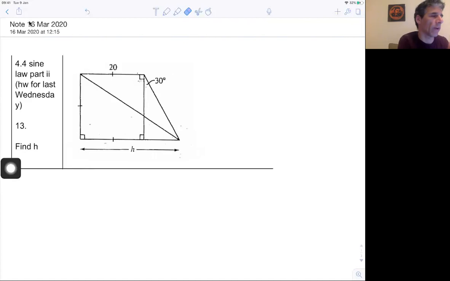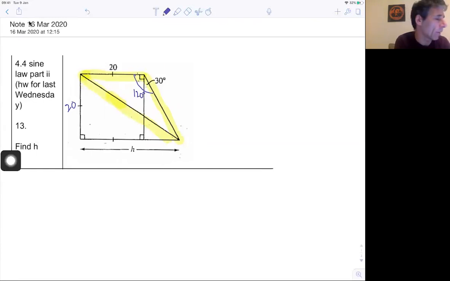Now, it's kind of a tricky question because the first thing I was drawn to was this triangle. Let's see if I can highlight it here for you. I was trying to work on this triangle, knowing that these two angles together are 120 degrees. And I thought, well, maybe we're supposed to get the length of this side. If I had the length of that side, of course, this is the same 20 over here, I could work out the length along there